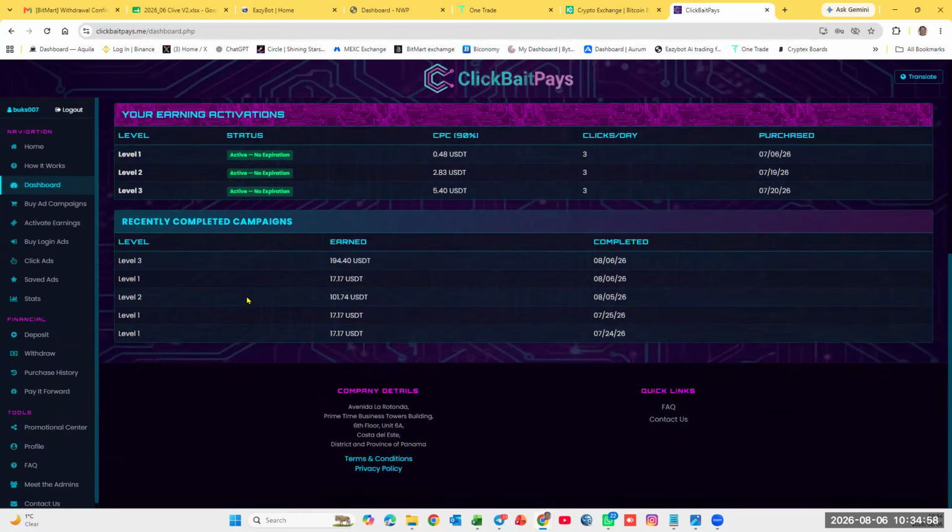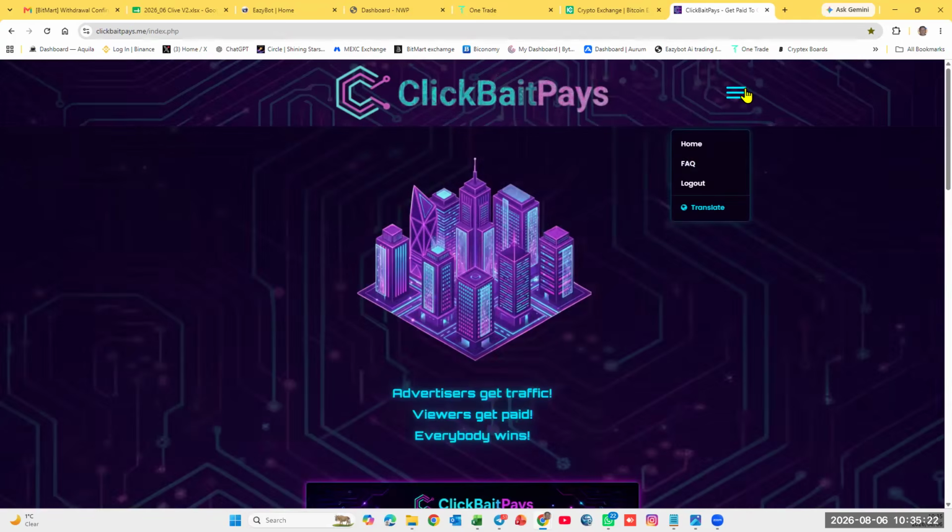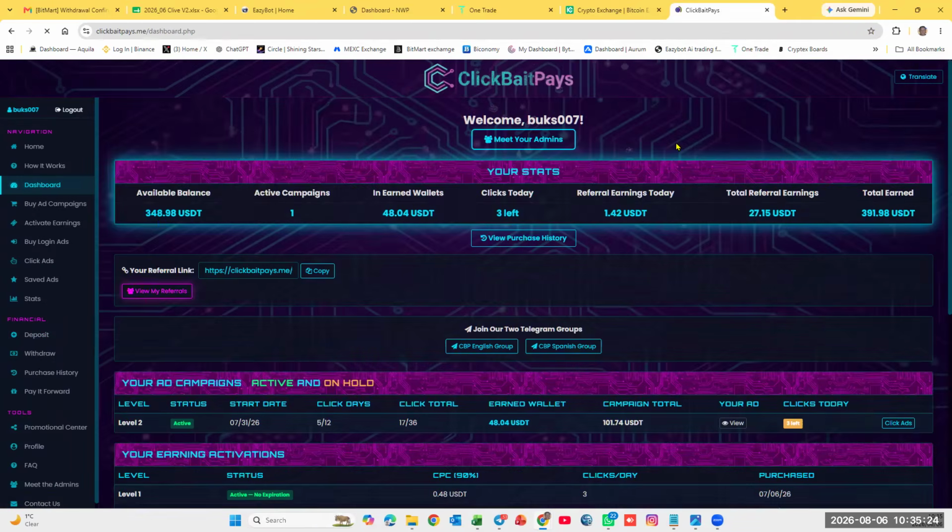Then I bought a level 2, $77, and I got 101 out. Then I bought 150 and I got $194 out. So today I'm going to buy a level 4 package. I see that my funds are available in my wallet.